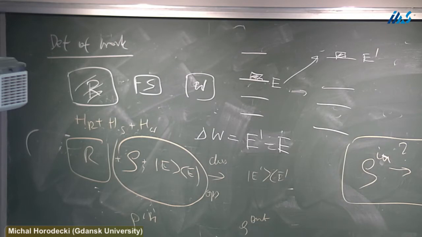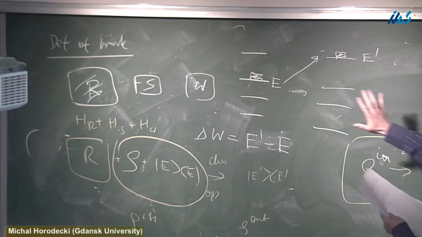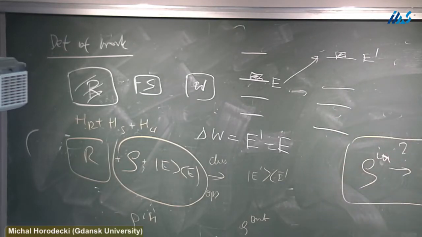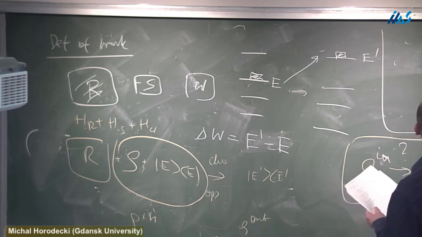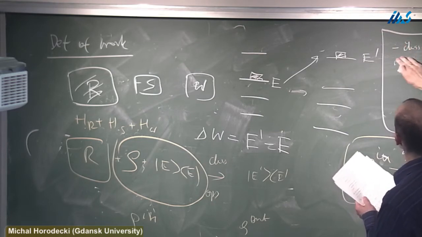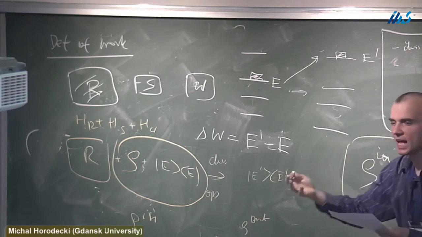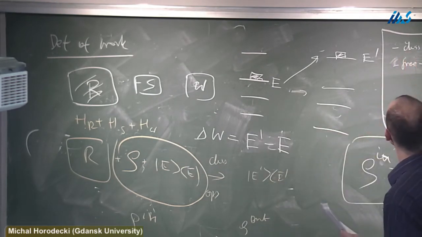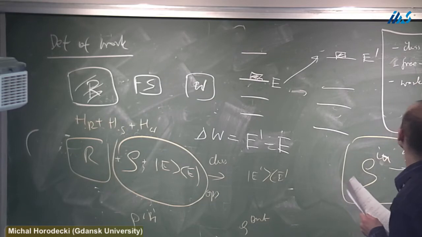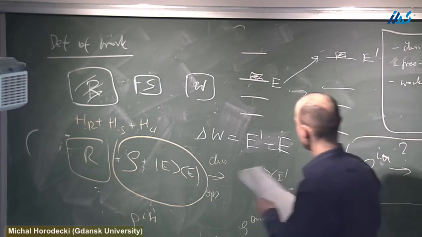Right. Good. So we have deterministic work. This work is deterministic. Yes, it's very well defined. So now we have all the ingredients. We know what the class of operations is, and of course the class of operations includes adding free states. We know the free states are Gibbs. And we know what work is.